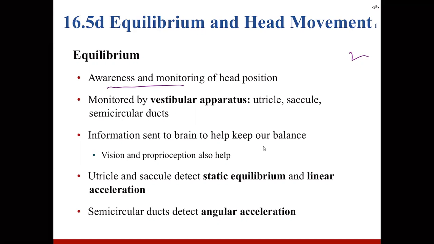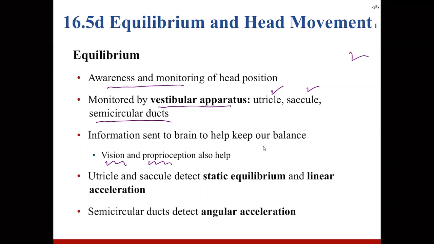Okay, so the part of your ear that monitors this is called the vestibular apparatus. It's the utricle, the saccule, and the semicircular ducts. This information is going to be sent to our brain. But at the same time, our vision and the proprioceptors in your joints are also sending information in, so it's going to help us figure out,